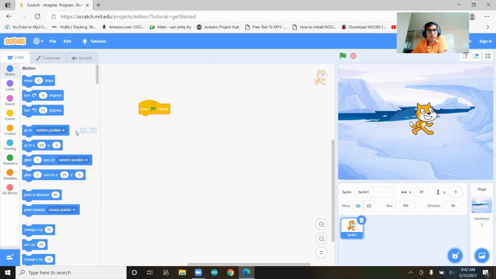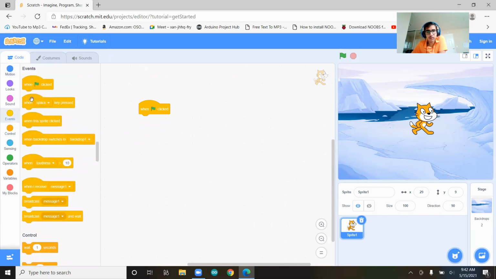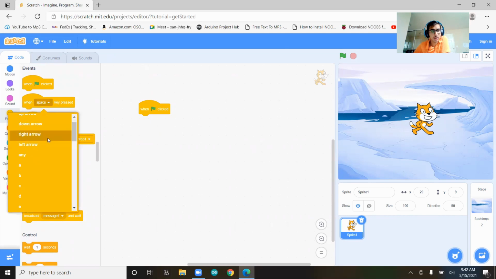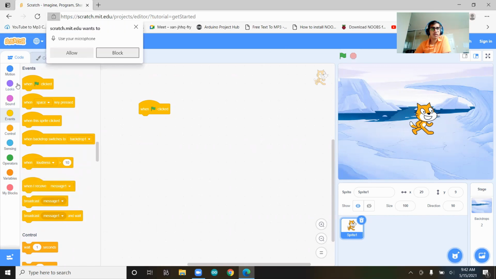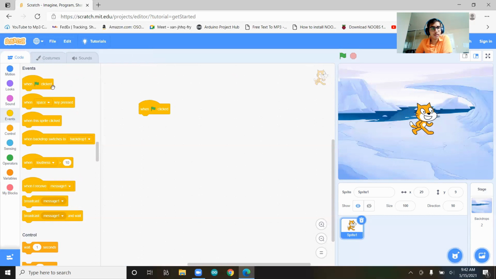Well, that's good, but what if you don't want to click the flag every time? Well, there are many more options like when space key is pressed, or up arrow, down arrow, or you can even make a game with keyboard buttons. When backdrop is, like, when loudness or some variable is more, and then